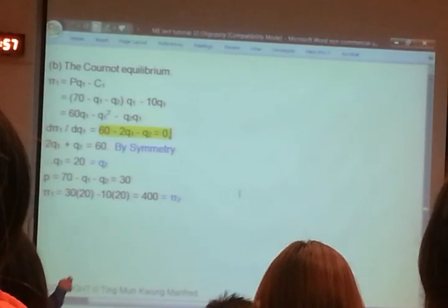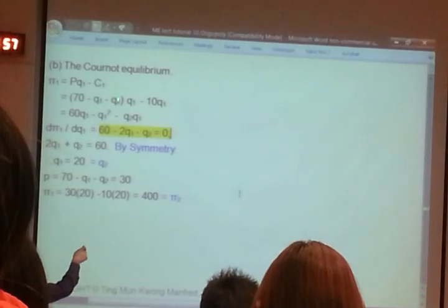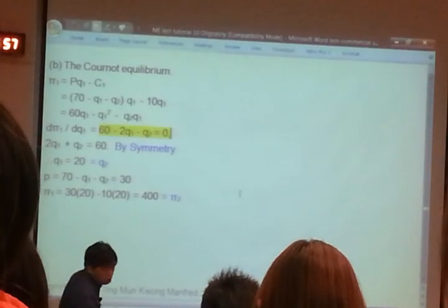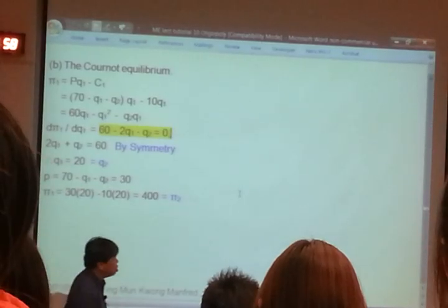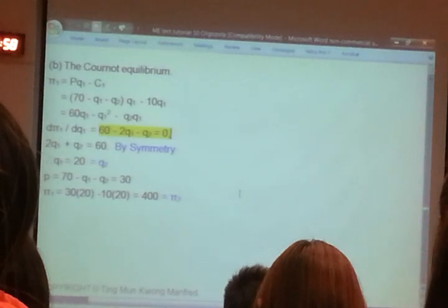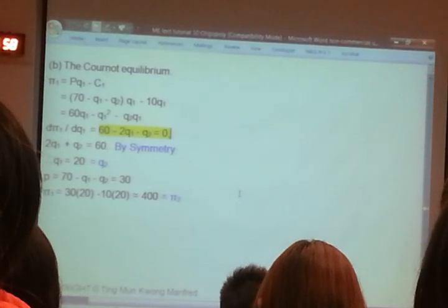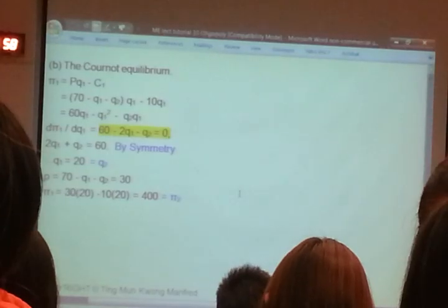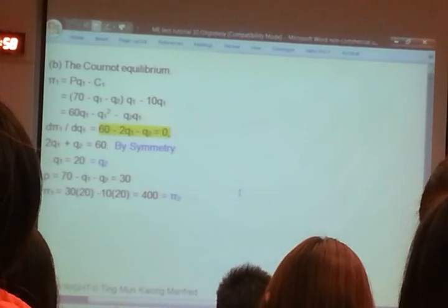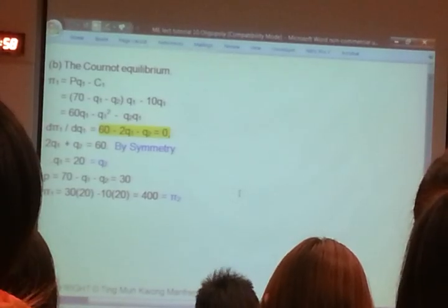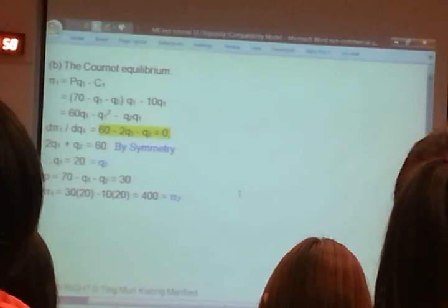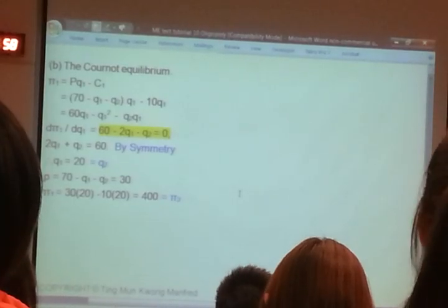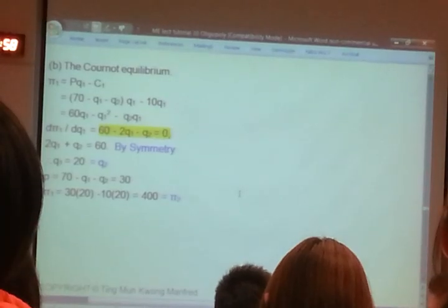If there are n firms, then here will be Q3, Q4, Q5, Qn. Agree? Okay, that means if there are n firms, and here you do minus Q3, minus Q4, minus Q5, all the way to Qn, right? You see it? If there are n firms,